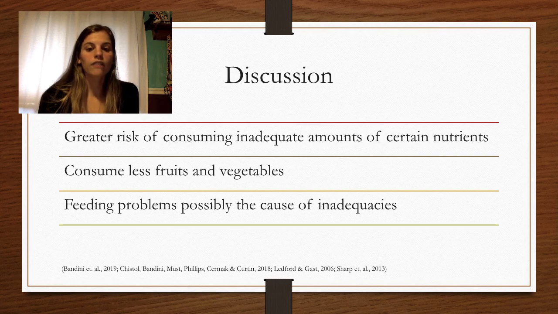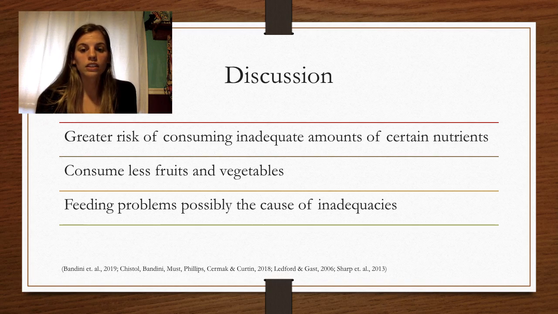More specifically, from these 3 articles, it was suggested that individuals with autism with food selectivity were selective against certain types of food, such as meat, milk, and fruits and vegetables. And this selectivity was causing deficiencies in the vitamins and minerals from these foods. These children also had greater food refusals due to sensory sensitivities, as well as a limited food repertoire, leading to decreased intakes of fruits and vegetables, which was again causing those